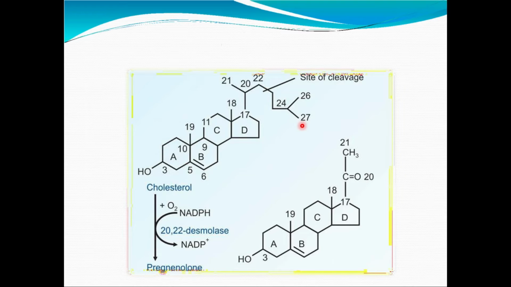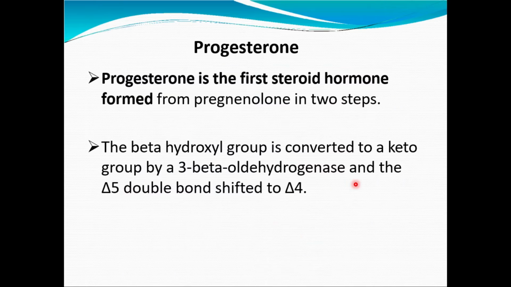Here NADPH is utilized and is converted to NADP, where hydrogens are used to complete the valency of carbon number 22 and carbon number 23. This is an oxidation step, and ultimately, as a result, we obtain this molecule which is known as pregnenolone. Pregnenolone is a ketone functional group containing molecule. Now, this pregnenolone serves as a principal precursor to all the other steroid hormones which are synthesized by the ovary, testes, or adrenal cortex.